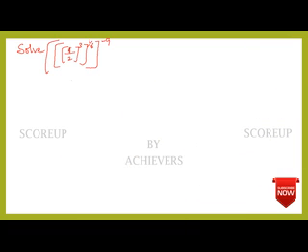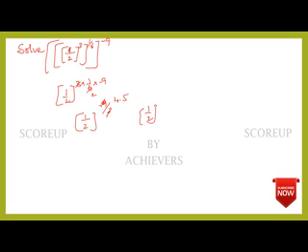So a problem: 1 by 2 power 3, the whole power 1 by 6, into minus 9. We can write it like this, it is the shortest form. So 1 by 2 power minus 9 by 2. So this is the answer. Otherwise you can cut it short: minus 4.5, so the answer is 1 by 2 power minus 4.5.